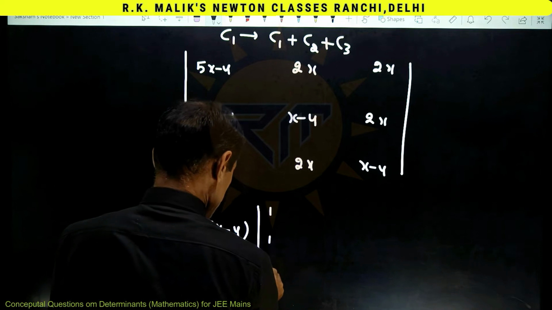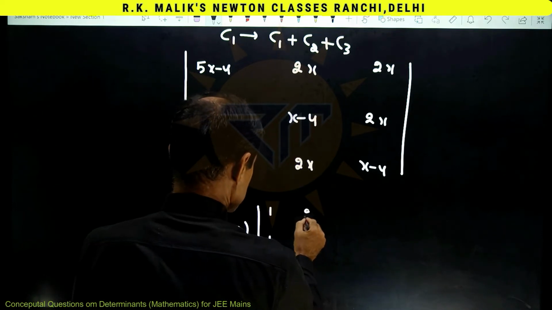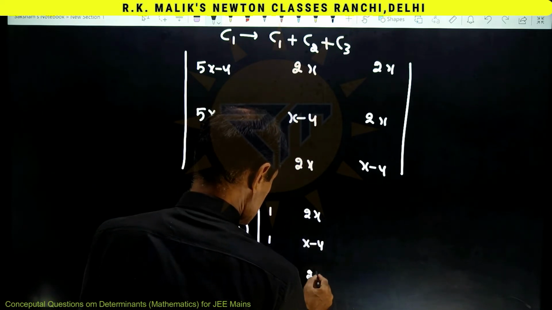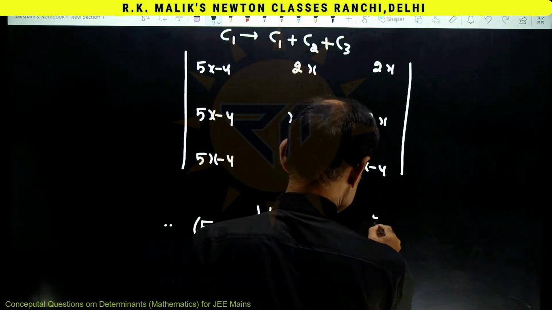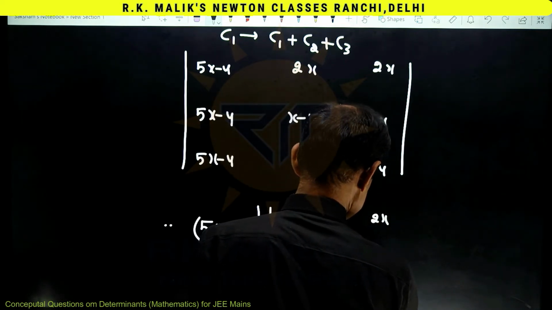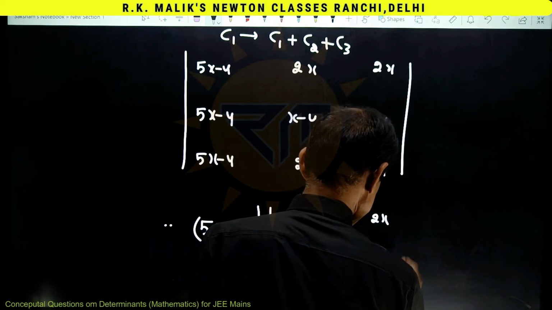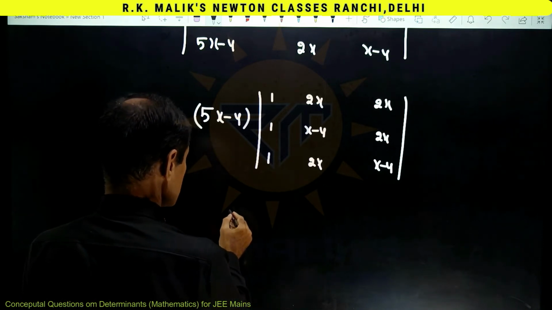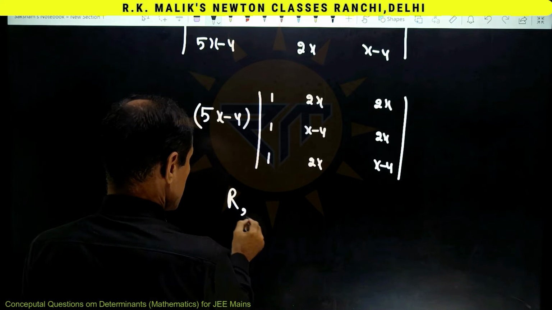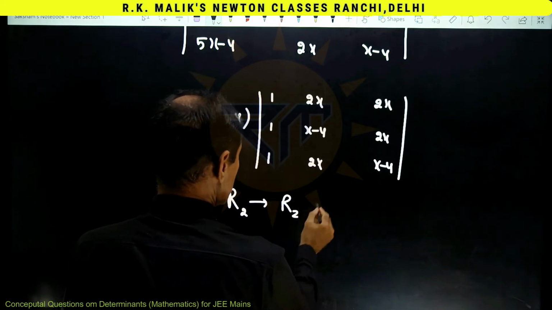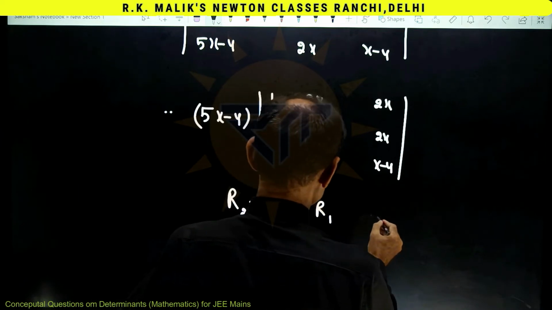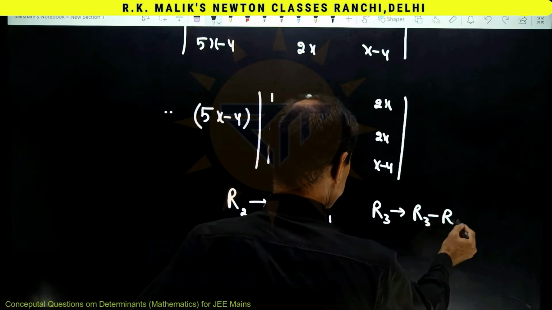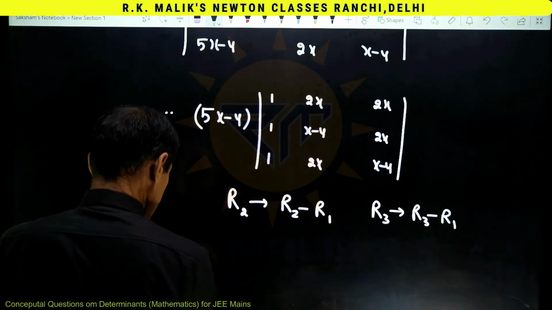into 1, 1, 1, 2x, x minus 4 and 2x, 2x, 2x and x minus 4. And now using the row transformation that R2 changes to R2 minus R1 and R3 changes to R3 minus R1, I reach at